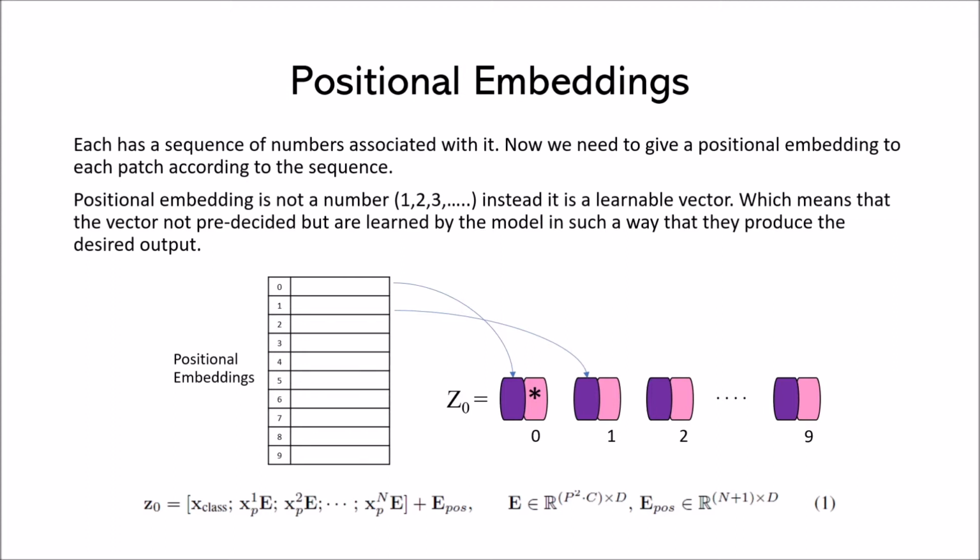So after we incorporate the positional embedding into our patch embedding, we will have something like this C0. At the first position, we have this. This is the class token that I will talk about next. So this must be at first, and then followed by our 9 patches here. So this is the equation. E is equal to the linear projection from before.